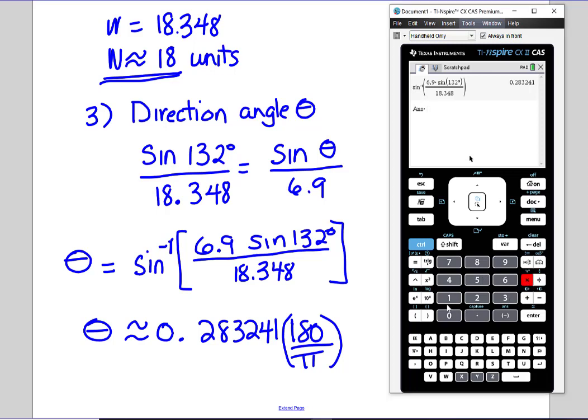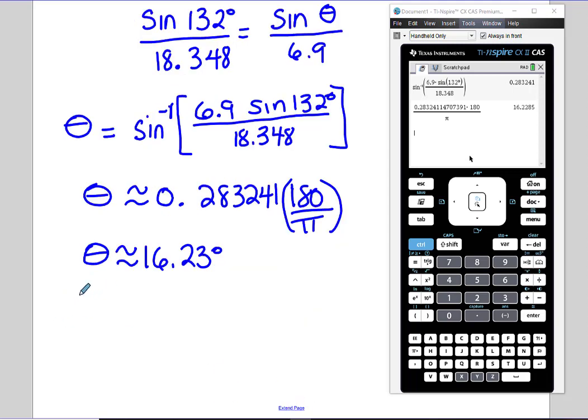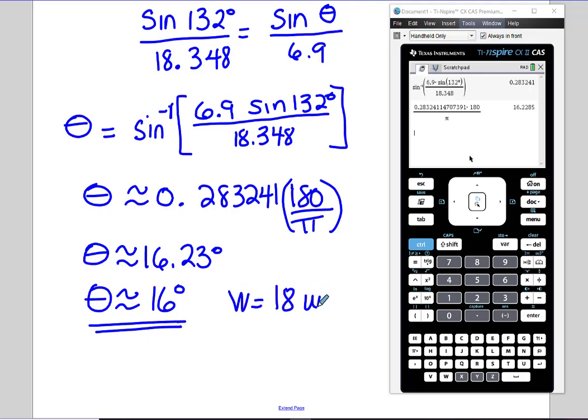So that answer times 180 divided by pi will convert to a decimal degree, so 16.23. And I believe our directions said that we needed to round to the nearest whole number, or the nearest degree. So our degree is about 16 degrees, and our resultant was about 18 units long